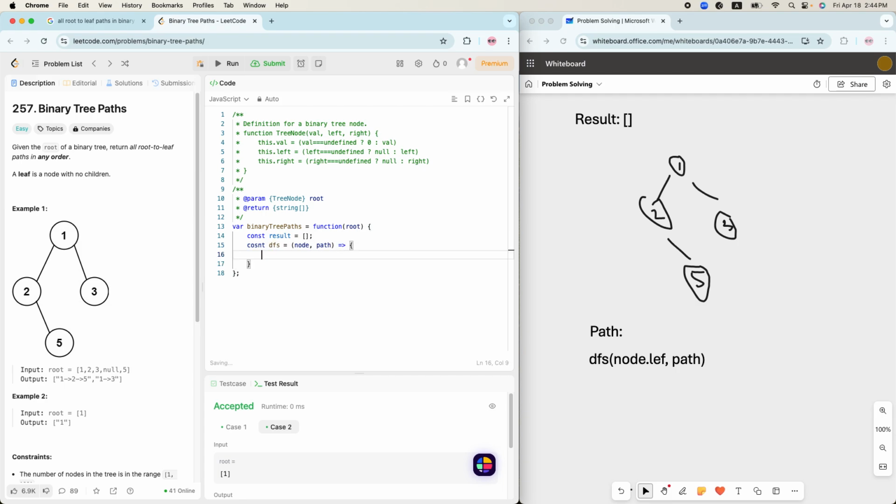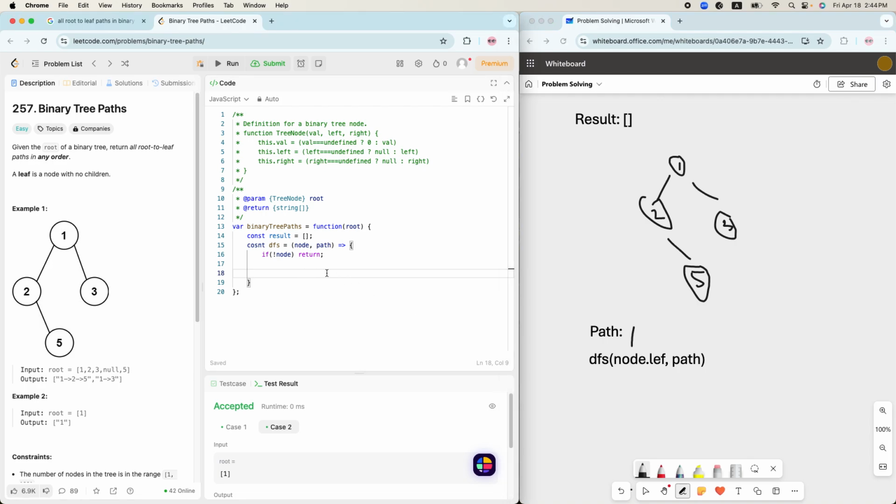Okay, now first check if node doesn't have a value. Automatically do not go ahead and return. If node doesn't have a value, or it is undefined or null, automatically return. You don't need to go any further. So otherwise, for example, let's suppose we have called this on this node. At this point, the one is like this, so the path should get the value of number 1 here. So let me add number 1 here in the path,